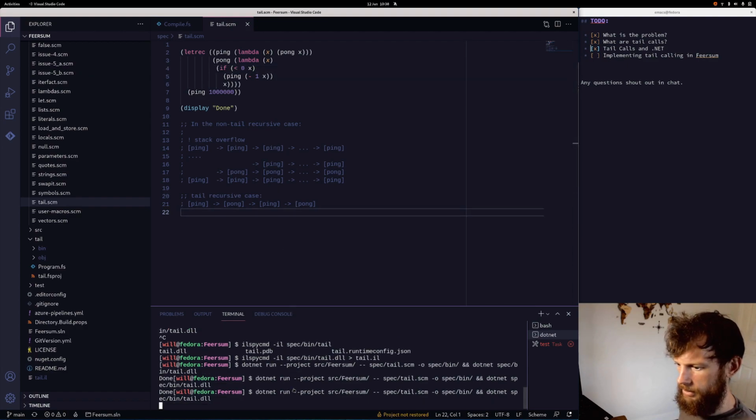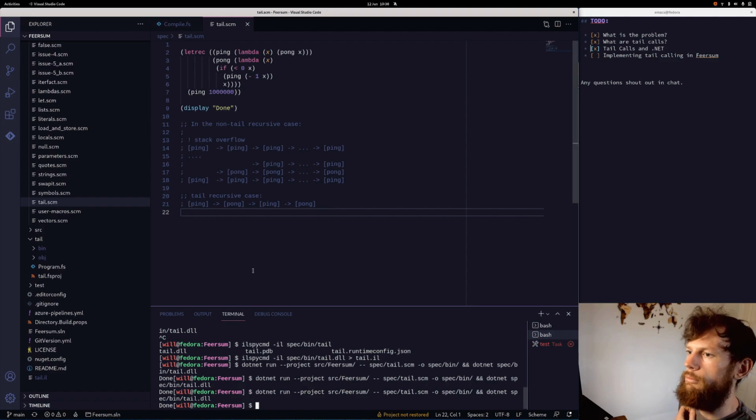It's the wrong way around, isn't it? No. What is going right here? I was totally expecting this to explode. So ping passes on the argument. Pong takes the argument and